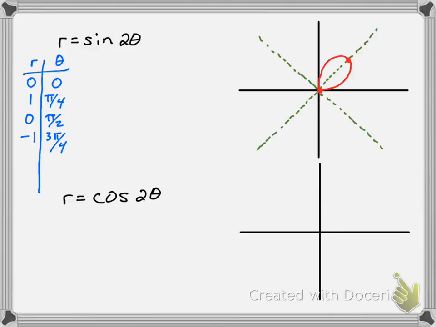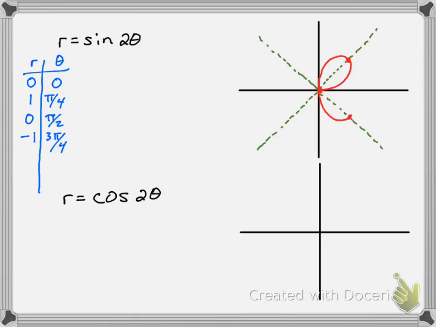The next point is going to be 3 pi over 4. 3 pi over 4, that's this line right here. And it says that the radius is -1, which means we go in the opposite direction. So we're going to go this direction 1 unit and put a point. So we're going to go from here, curve around to here. So we started here, curved around to here, back to 0, 0, and then around to here. All right, so